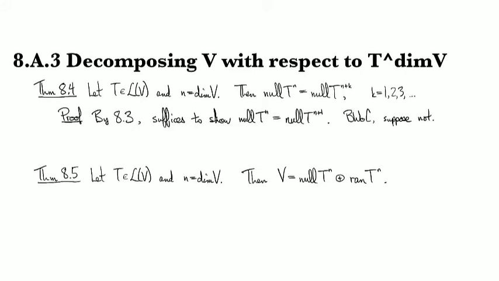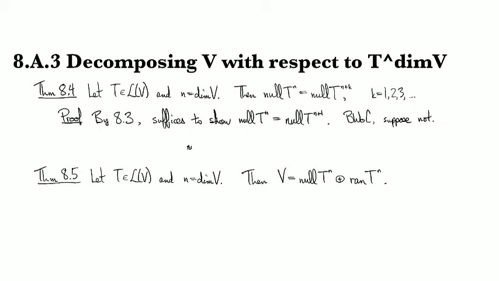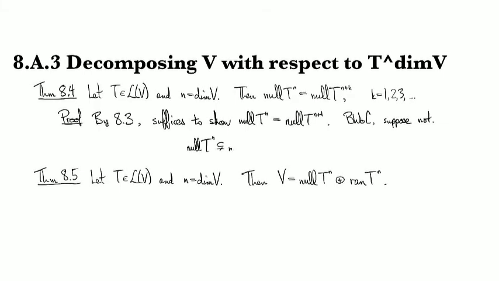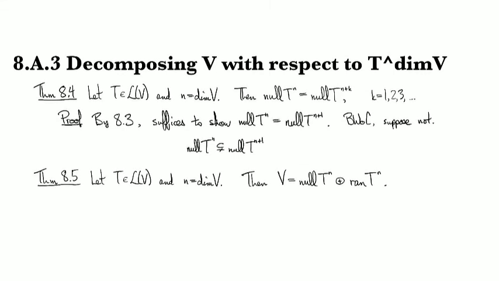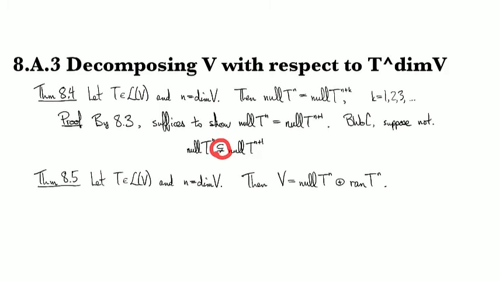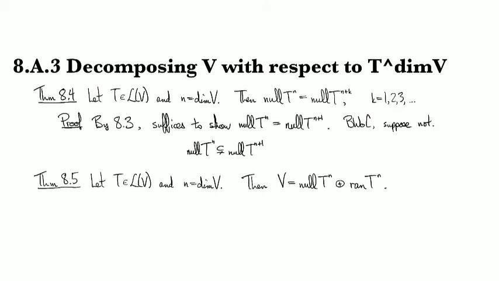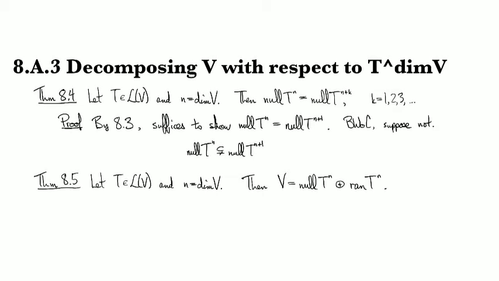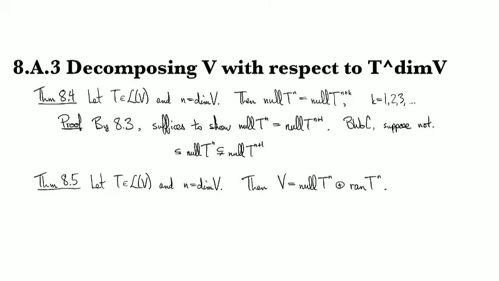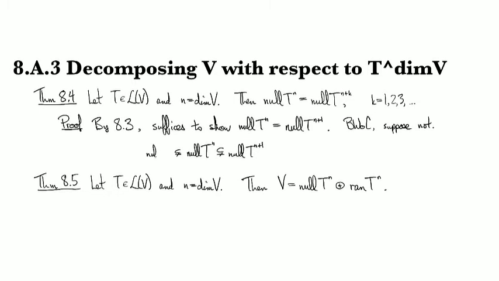Okay, so we know that each one is contained in the next, so it's definitely true that the null space of T^n is contained in the null space of T to the n plus 1. And I'm saying this is contained but not equal with this symbol right here, so strictly contained in, a proper subset. And then remember, once you get to a place where there's an equality, it's equals forever after. So if there's not an equality at the nth step, then that means that there's not an equality at the n minus first step,